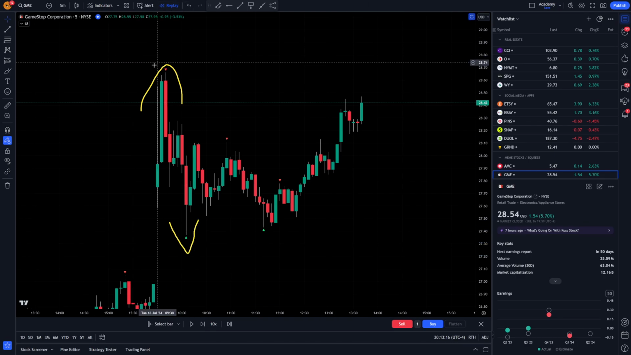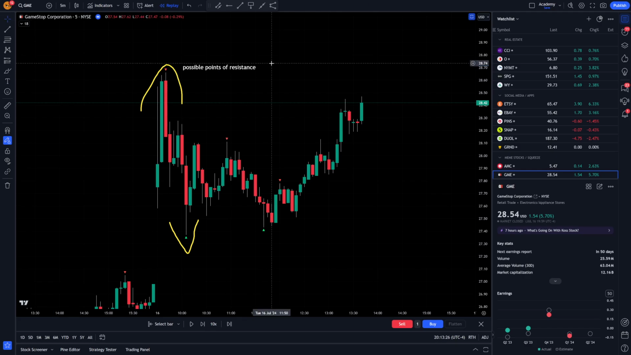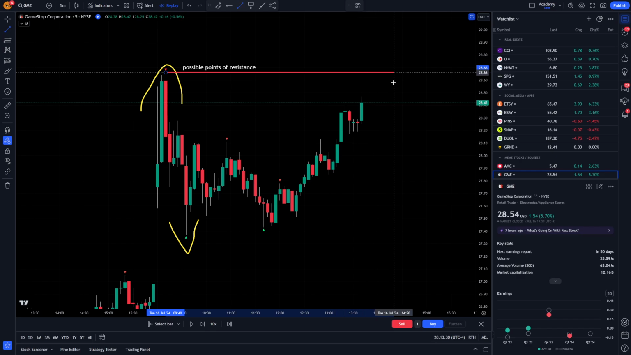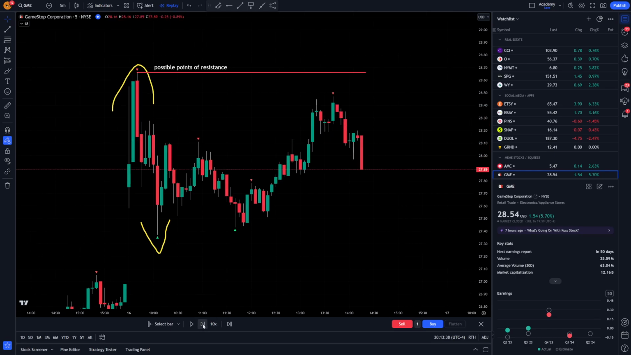So these up here are possible points of resistance, where if we hit that, we could pull back, right? So it easily identifies it on our chart so that we know what to expect if we go past this point. So here on GameStop,